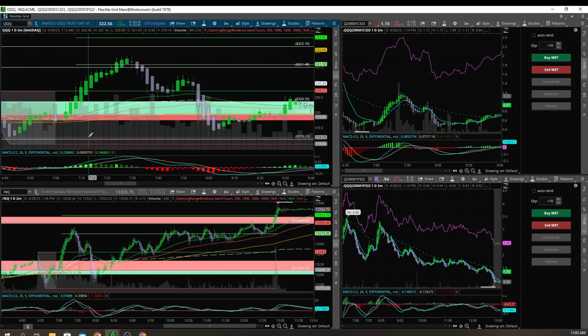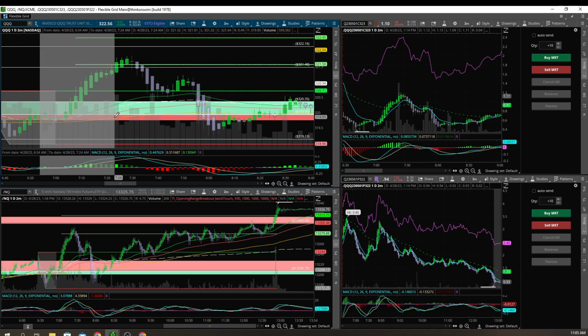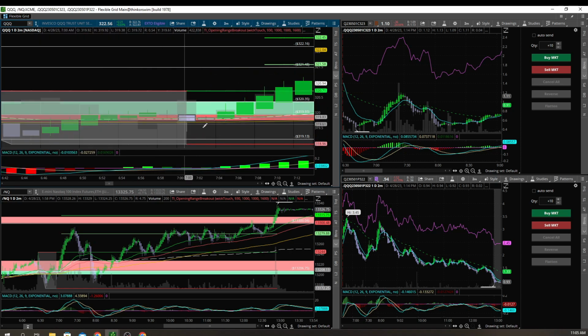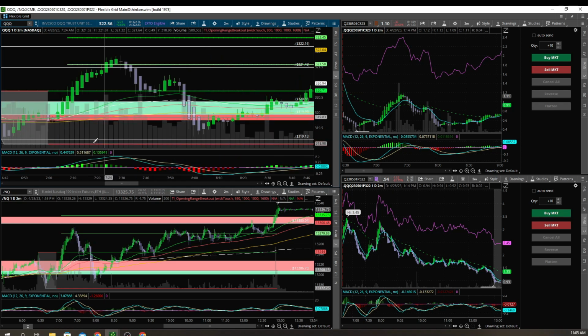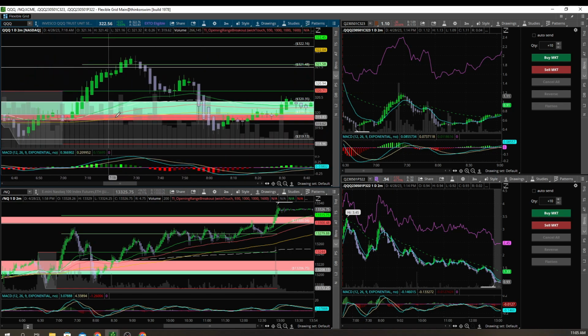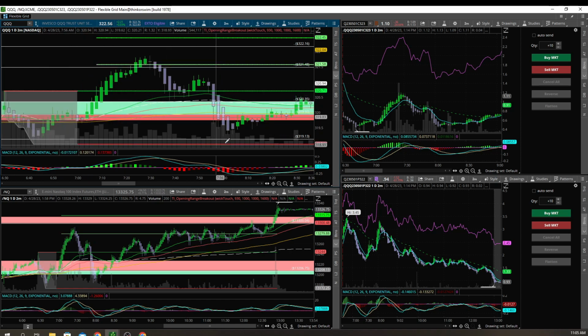So remember, take your stop losses, right? You could have easily got stopped out right here, and it could have ran up against you, correct, but it could have also went down and down and down. So stops are in place for a reason. Don't forget to take them. Just wanted to give you that little tidbit.